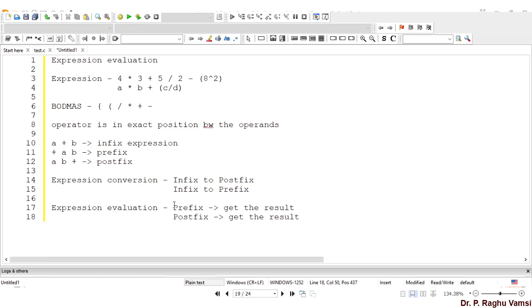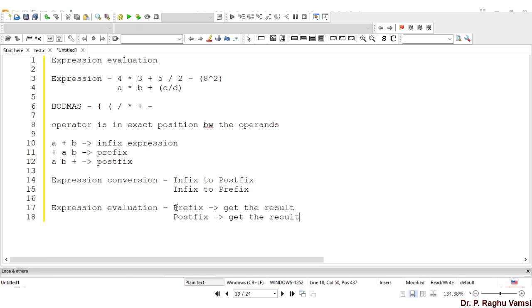By this time, I hope you know what is meant by expression evaluation. An expression is a combination of operators and operands, and upon evaluating it will lead to a constant value. In expression evaluation, we always follow a particular principle called the BODMAS rule.